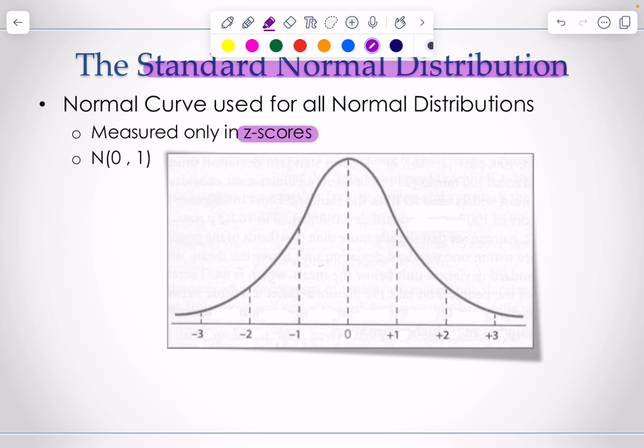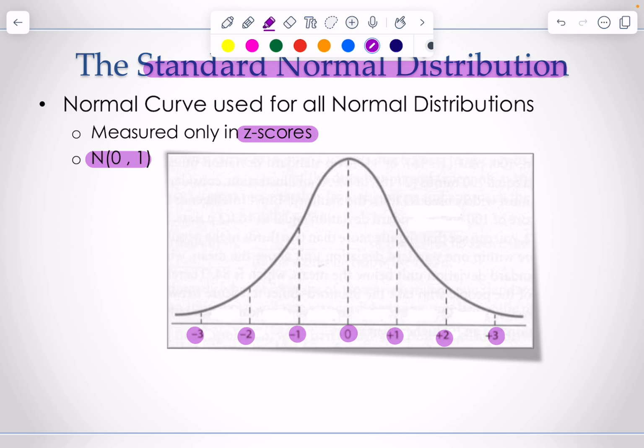When I'm calculating those z-scores, I'm transforming the data so that instead of the unique normal distribution that I started with, I create a new normal distribution that has a mean of 0 and a standard deviation of 1. If I take any other distribution and calculate z-scores, it automatically transforms into the one we see on the screen here. That's going to have our 0 mean in the middle. We simply go 1, 2, and 3 standard deviations above the mean, and 1, 2, and 3 standard deviations below the mean. And then since all of them will transform into this specific distribution,